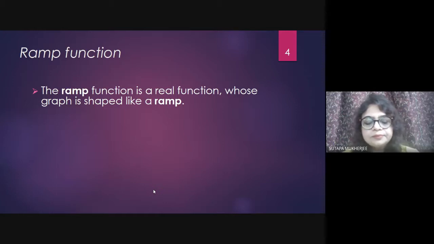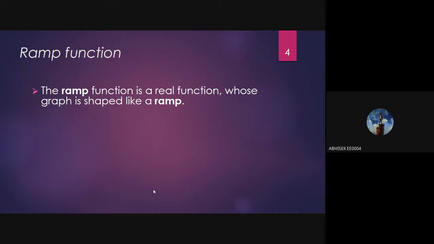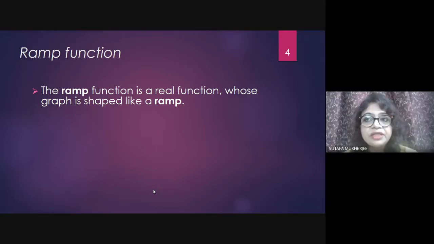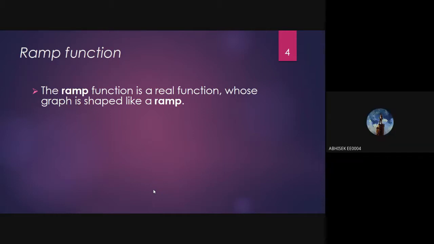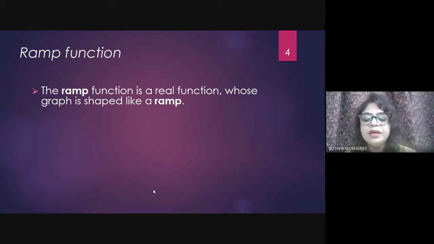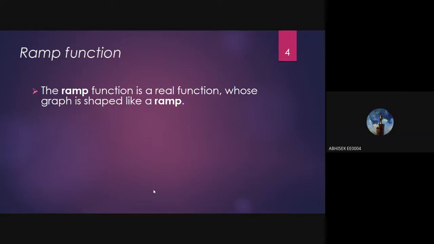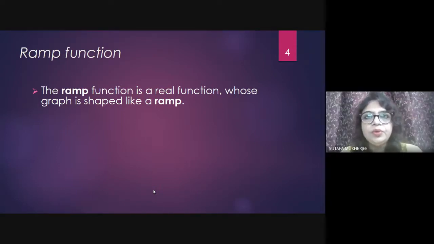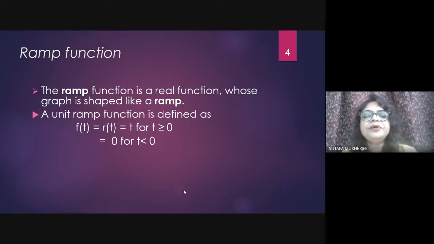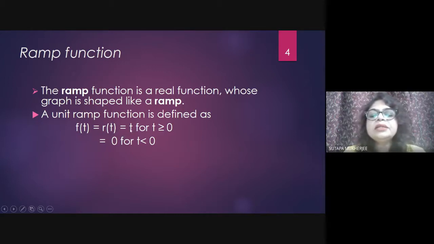Abhishek, can you tell me? Then y equals mx form it will take. But you have to tell with respect to t. In place of x you can put t. Yes, ma'am, mt. Then after that, tell me the total description in terms of t. Okay, I am helping you. The unit ramp function is defined as y, unit because there is no k, r(t). What you were just saying, y equal to mx, right? In place of x there is t. That is equal to t.